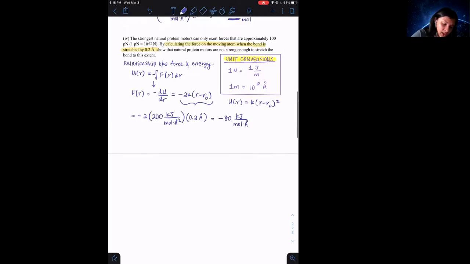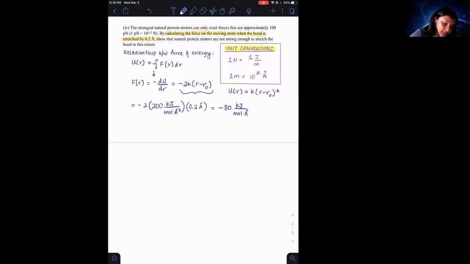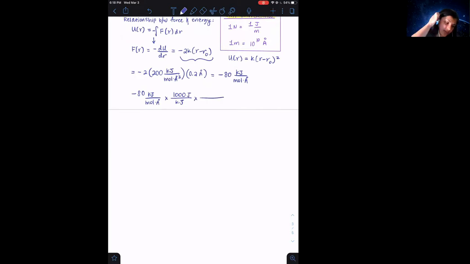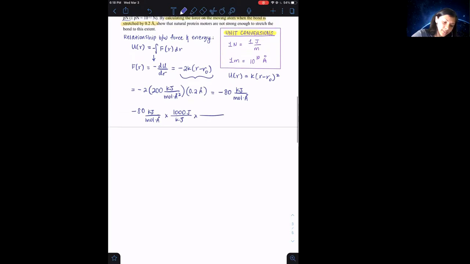And then what we need to do is convert this into units of newtons. The reason that we want to convert to newtons is so that we can compare it to the force exerted by a protein motor, which we're given is 100 piconewtons. So we can do this conversion. Negative 80 kilojoules per mole angstrom: convert kilojoules to joules, and then convert angstroms to meters, so 10 to the